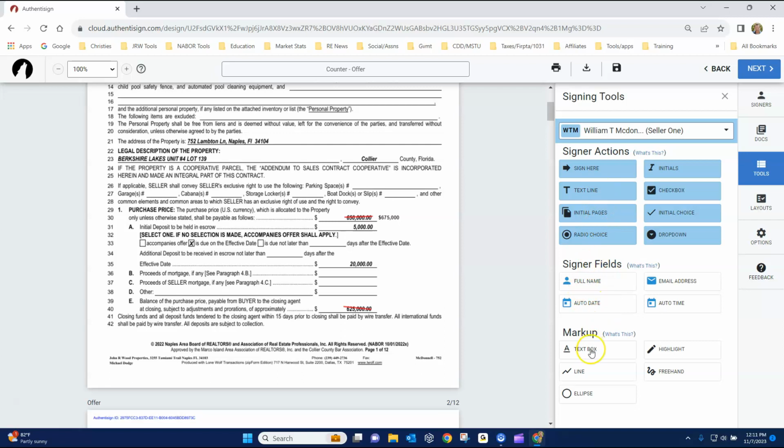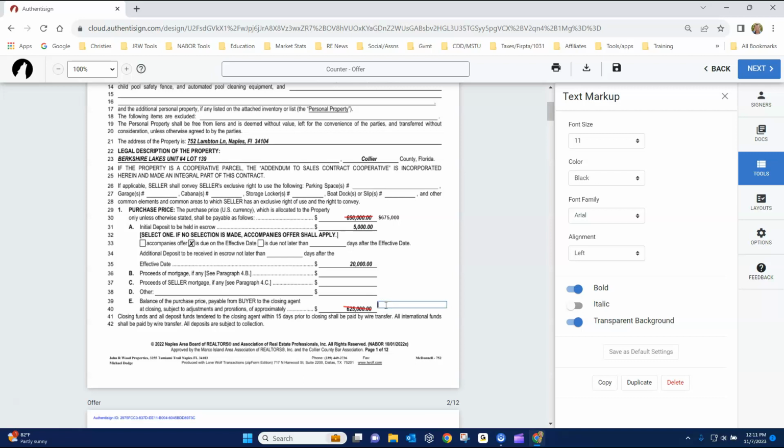Let's go here once again to text box, and we will click into the document. And so now we'll make that 650. We would, of course, follow suit here and go through and lay in any strikes that we need and lay in any new text that we need. And once that's done,